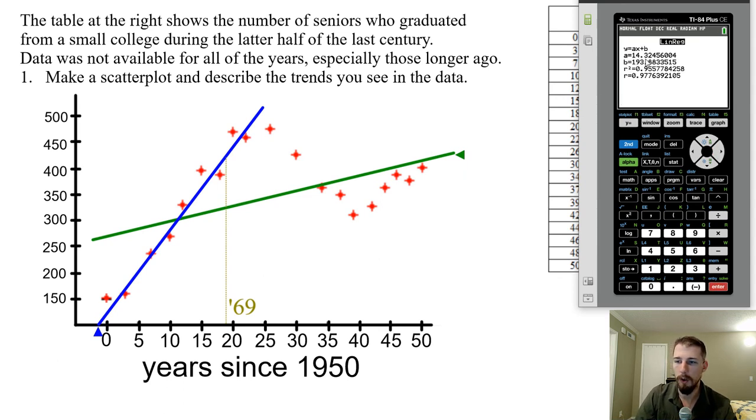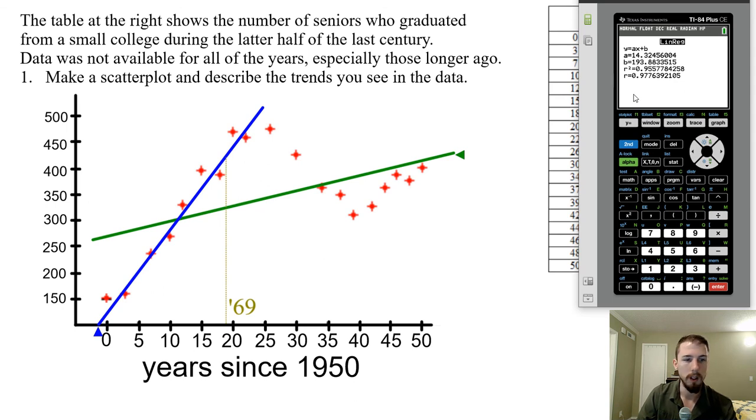So here we have our model, so our slope, our y-intercept, and then the coefficient of determination tells us that 95.6%, for rounding, of the variation in the class size can be accounted for by the model with the years since 1950. And then the correlation coefficient, of course, is the sum of the product of the z-scores. This shows that if it is actually linear, and we checked it was linear, right? So this is an appropriate summary for the strength of the correlation. So the association is positive, a very strong positive correlation between years since 1950